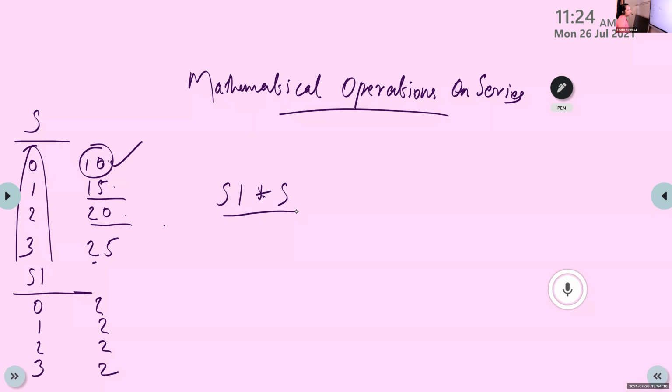Donna, read the answer. 20, 30, 40, 50. 10 into 2 is 20, 15 into 2 is 30, then 20 into 2 is 40, then 25 into 2 is 50.